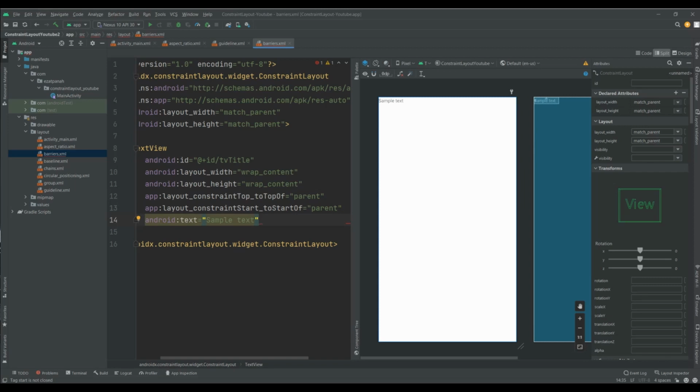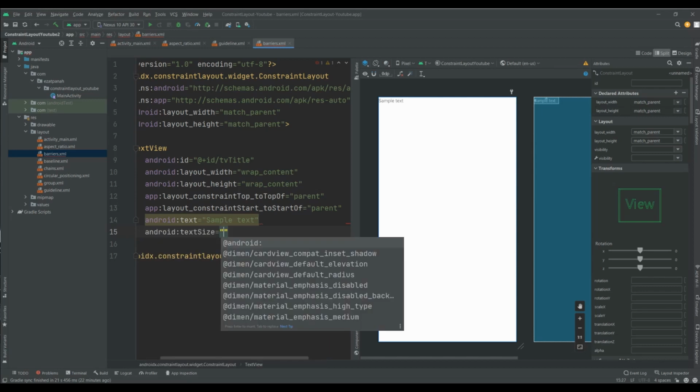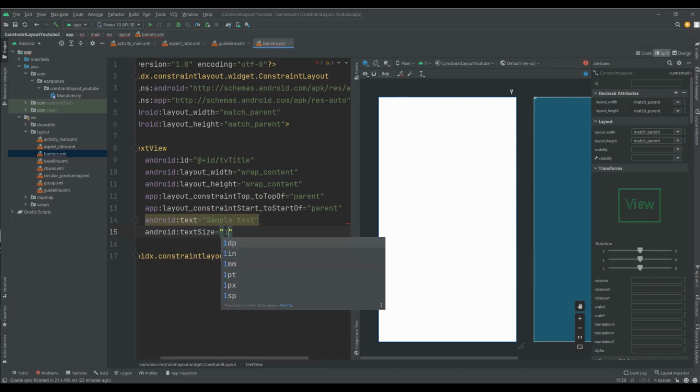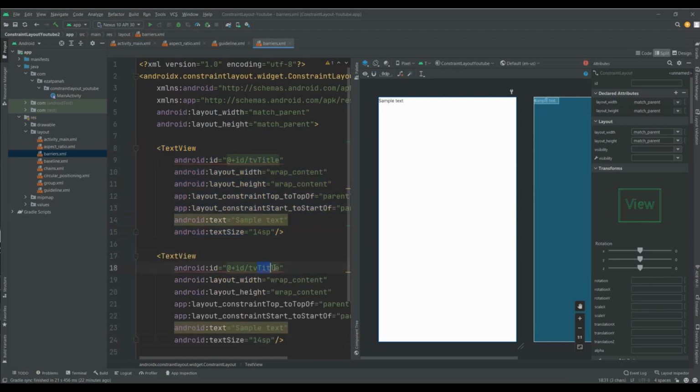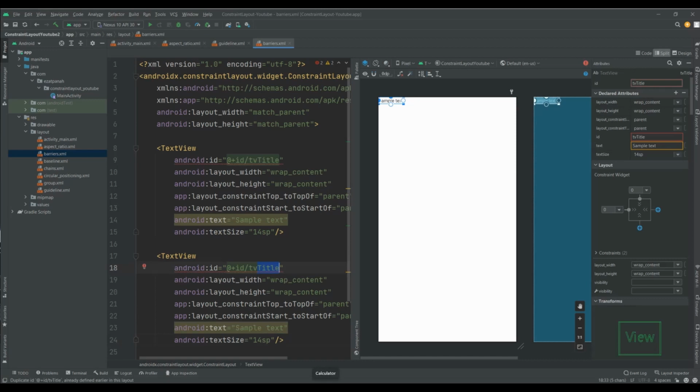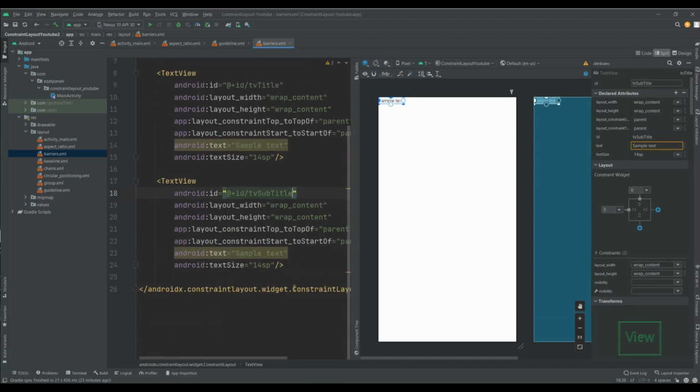Yes, and I want to set text size. Yeah, it's good. Okay, it's done for it. And also I want to add the other one. Here I can set subtitle for this one and